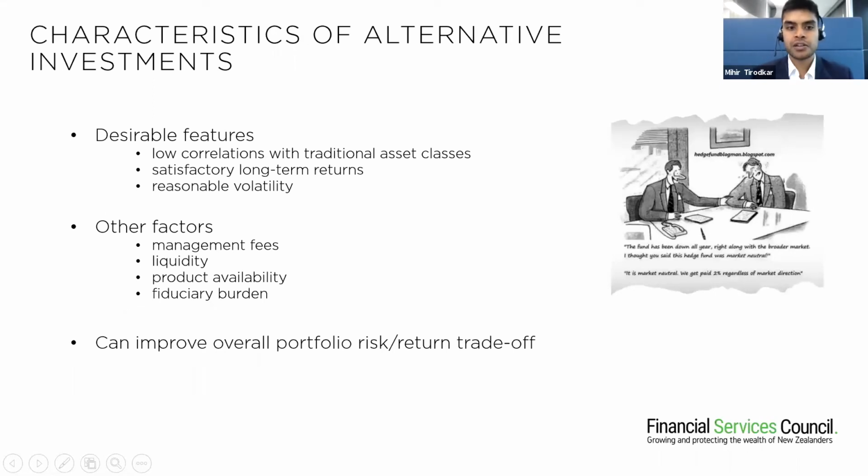So the desirable features of some alternative investments include low correlations with traditional asset classes. Why do we want low correlations? Well, what do correlations really mean? Correlations are how much the returns of asset classes or different investments move together. The greater the correlation, the more perfectly you can draw some sort of line which would map out the returns of each asset class. For example, if you had two stocks which were perfectly correlated with a correlation of 1